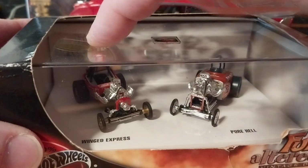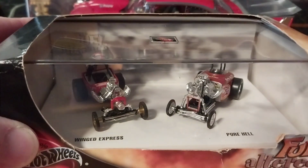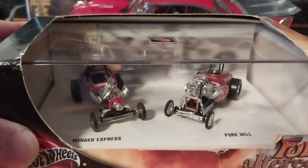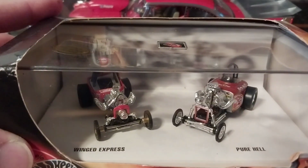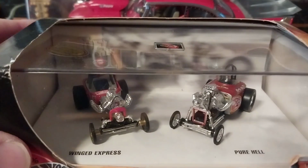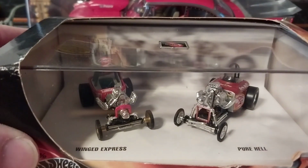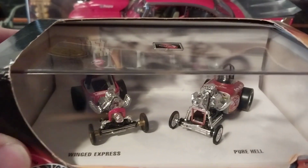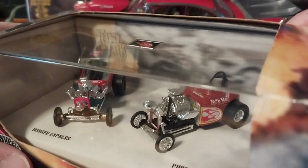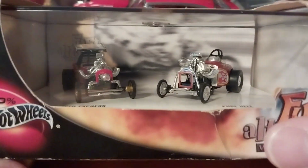I sold the Winged Express, but I kept the Pure Hell with me for many years, and then it just ended up getting misplaced during one of my moves to a new apartment or new house, and I don't know whatever happened to it. So after I got back into collecting these gassers and things, I always wanted to get another one. So here it is in a nice